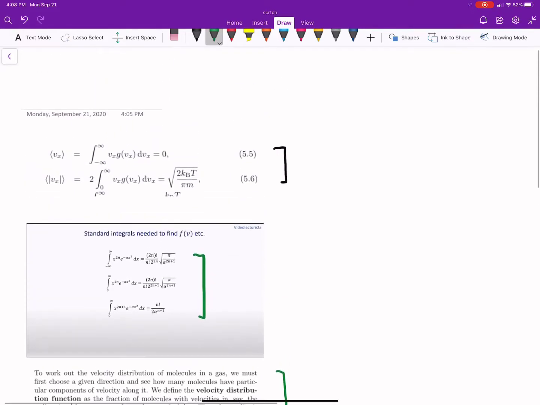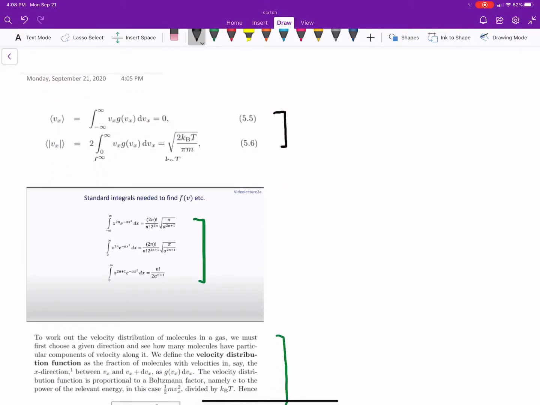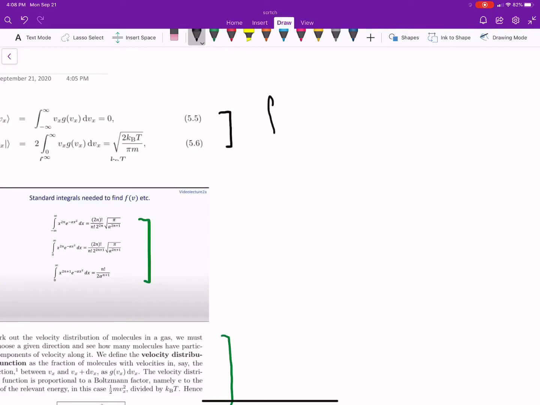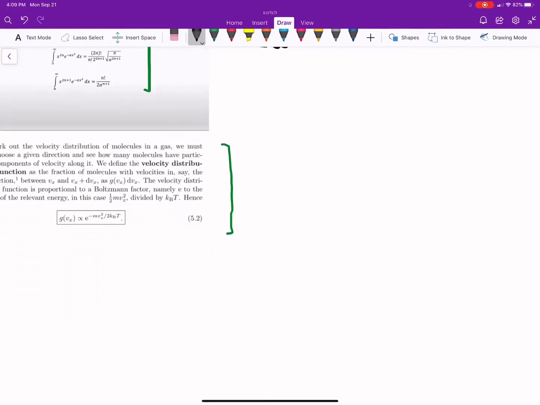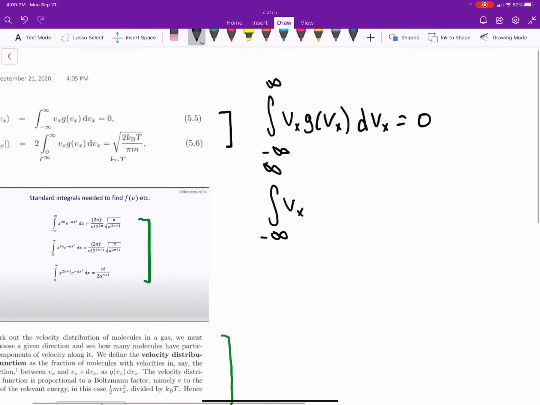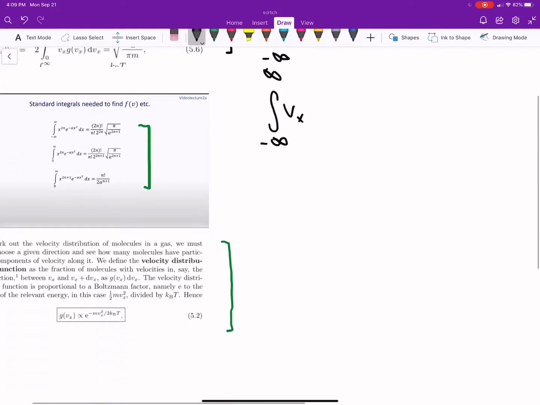Okay, so the first one, what do we have? We have the integral from negative infinity to infinity of vx g of vx dvx is equal to 0, and we have to show that to be true. Well, let's see what we have. We have the integral from negative infinity to infinity of v sub x, and g v of x we know is proportional to our Boltzmann factor, which to get rid of the proportionality,